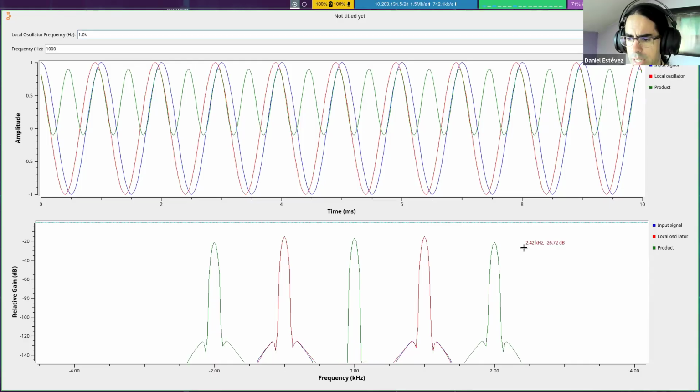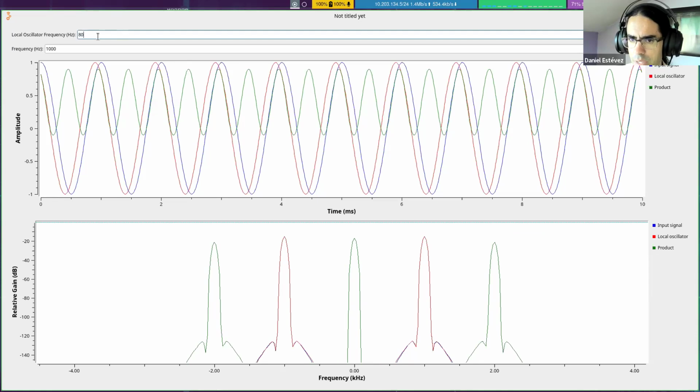So in this way, we can perform this multiplication and do a frequency translation. So shift things in frequency by multiplying by another sinusoid. And this works for any kind of input signal. Here I have a sinusoid for simplicity, but we could generate other signals and we would see that a copy of the signal is shifted here and a copy of the signal is shifted there. So that's what happens. Another way of understanding this